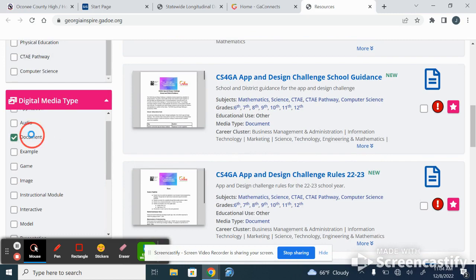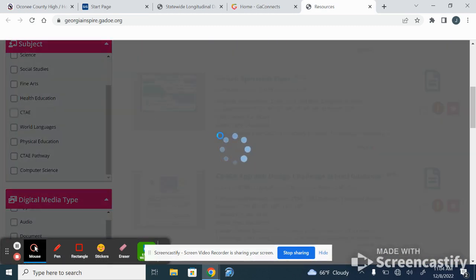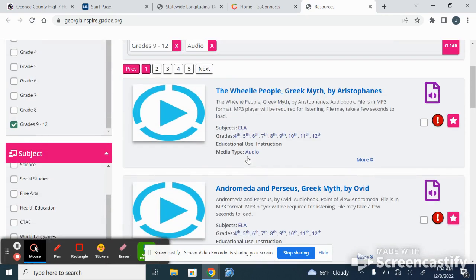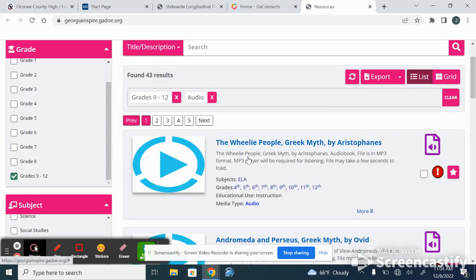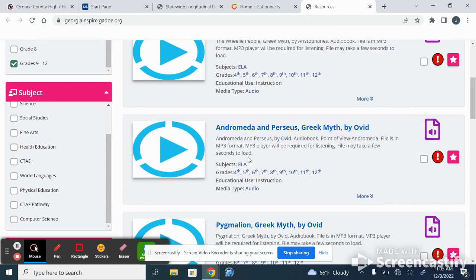So you're going to have to work through that just a little bit, but a lot of great resources here. So let me go through and take a look at some of these things. If I wanted an audio book, or wanted to use audio, I've got 43 audio files that I can choose from. And let's say that I'm doing mythology, focusing on Greek mythology, and I've got Andromeda